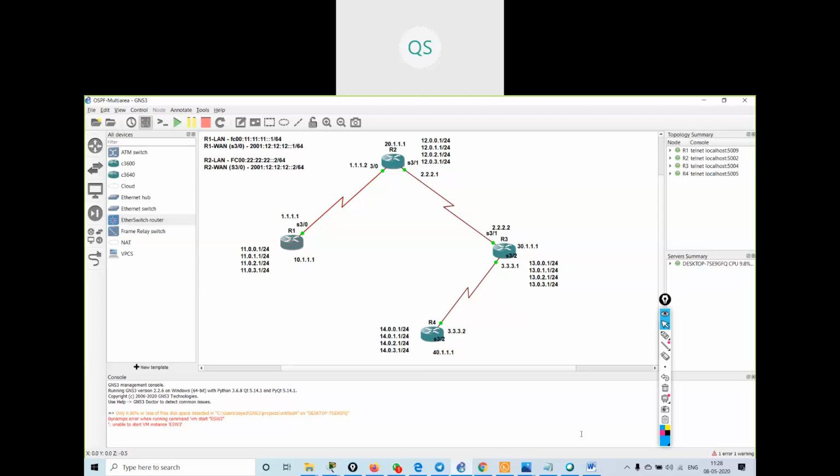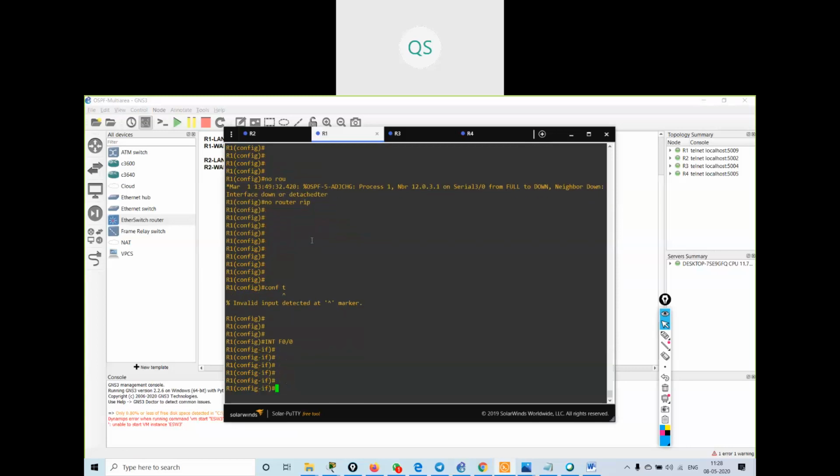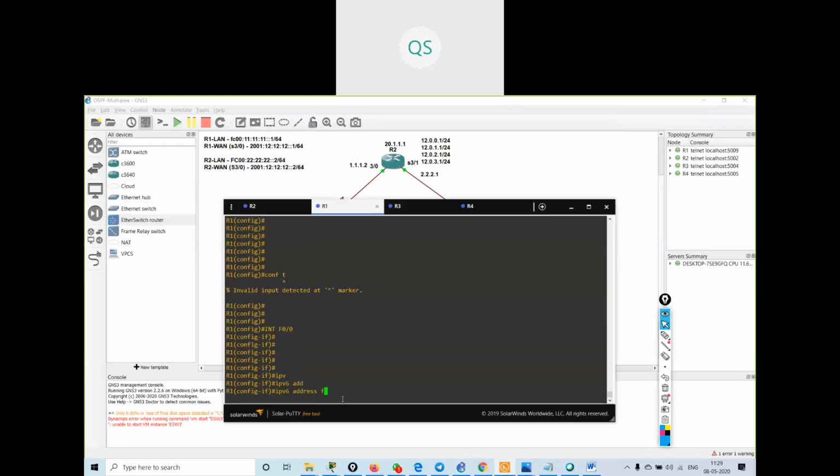So I will go in R1, and to assign the IP address I will go inside the interface and say IPv6 address. What is the IPv6 address that I will be using? I will be using FC00:11:11:11::1/64.